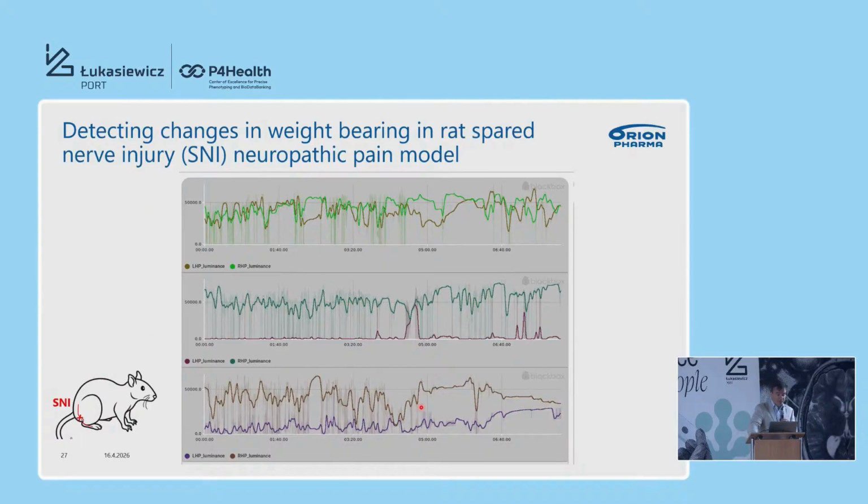In this case, this is a spared nerve injury, and this is still work in progress. But you can see, for example, this rat has been suffering from this injury. You see the weight distribution on the normal, non-injured paw and the injured paw, which is very seldom used. So this type of data you can now get with these newly developed methods of automated and unbiased machine pain assessment. And we believe that this is actually the future of